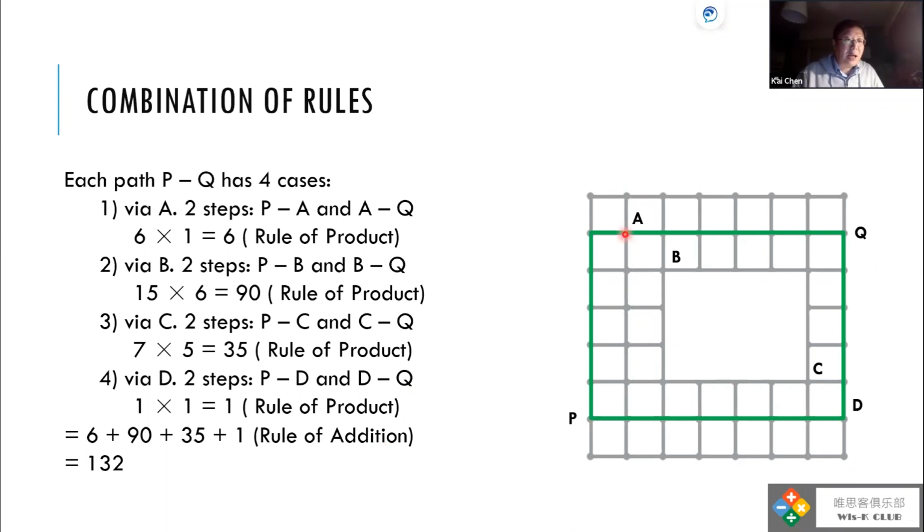And in this case, we have 4 cases, and in each case, we have 2 steps. So we first use the rule of product, calculating the number of the passes for each case, and at the end, we use the rule of addition to sum them up. So at the end, we have 132 passes. It will be much less than